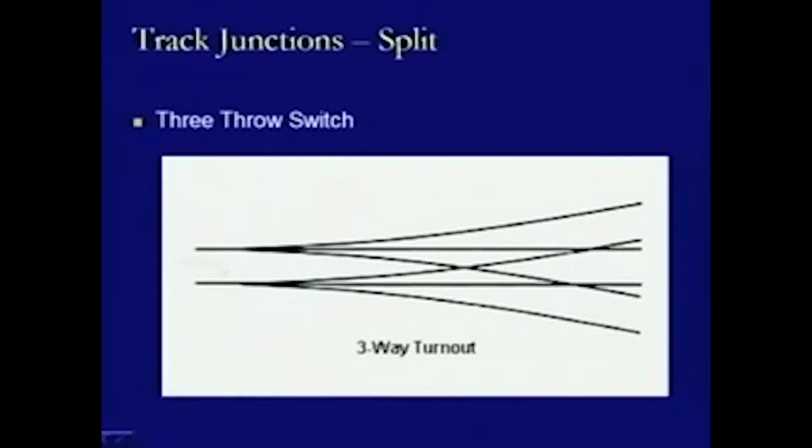What we can see is that this is a main track, this one, and then it is getting split into 2 more tracks which are going in either direction, that is, it is going in this direction or it is going in this direction, again symmetrical in nature. Then this is known as a symmetrical 3 throw switch with the contrary fractures, because this is this way, this is the other side. Now, here what we can see is that we are having one pair of points and